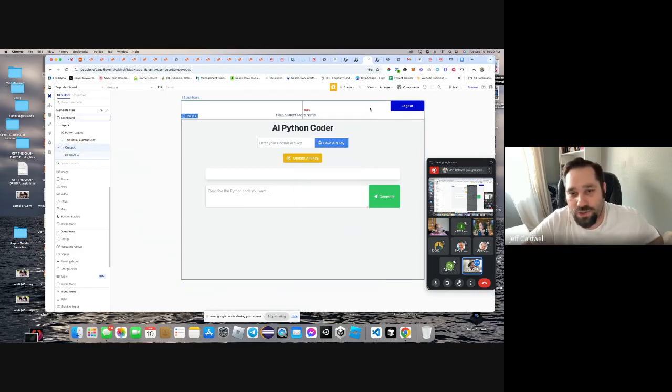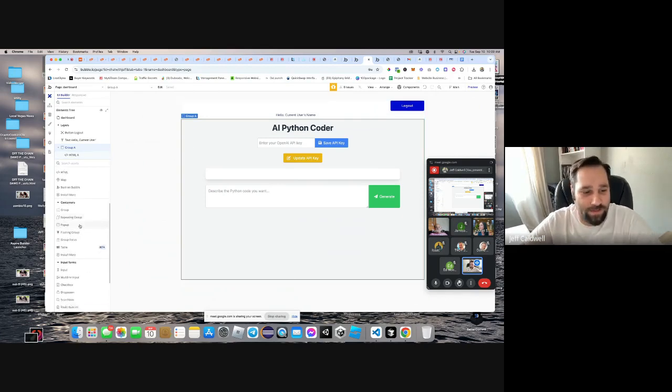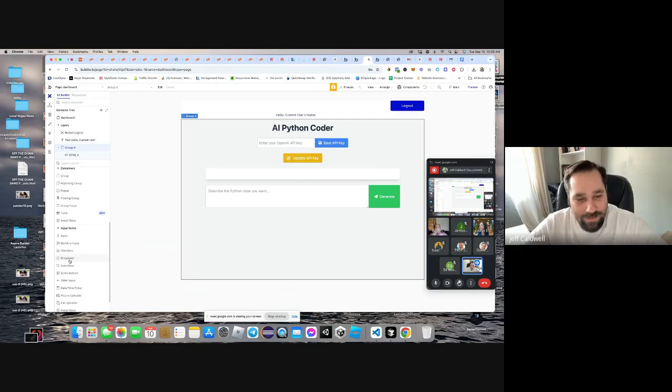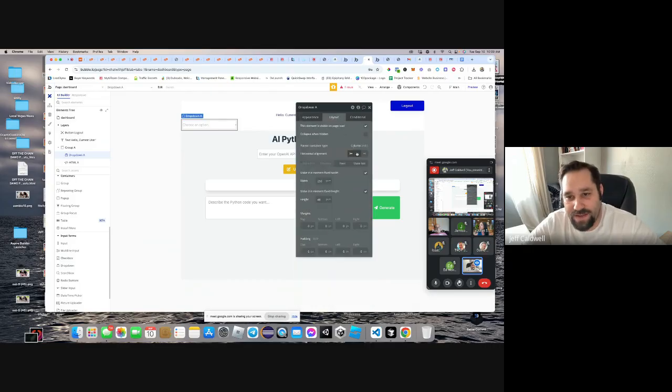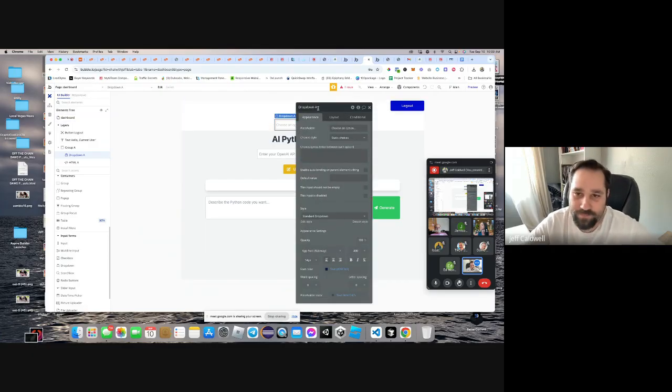Okay. Well, check this out. Here's what I love about Bubble. I'm just going to make it really easy for you guys to see with this, right? I'm just going to have a drop down, and I'm going to have it centered. I'm going to call this drop down tools. All right. And this one is going to say Python coder. Okay. And the next one